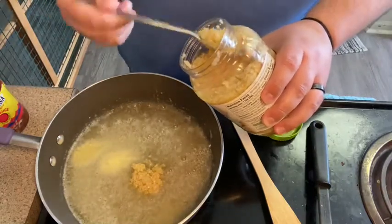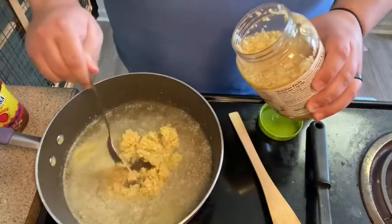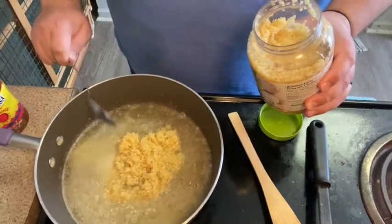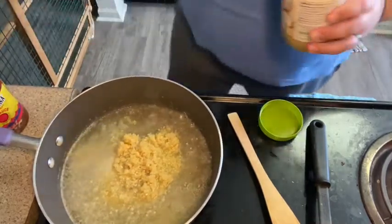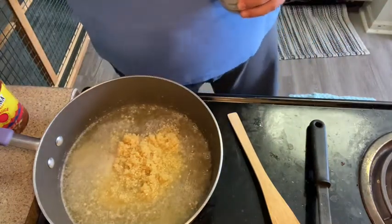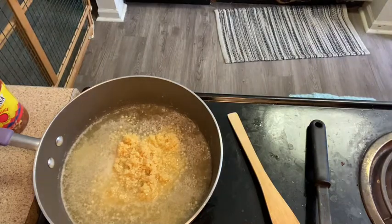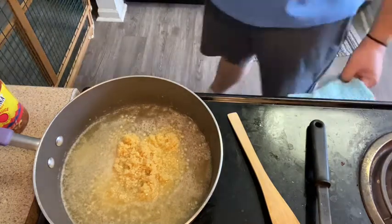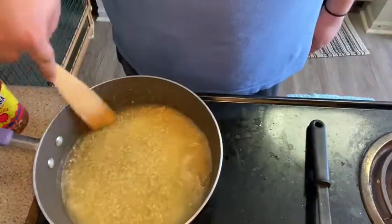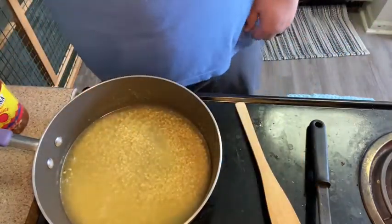Here's why I said to you folks out there, don't be shy with your garlic in this case, because honestly the garlic is going to give us such a good flavor. I guess unless you hate garlic, in which case I don't know why you're watching my YouTube channel. So you're going to want to stir this in. You're going to want to let that saute a little bit, so it's going to get kind of mixed in with all that butter, get a good taste,